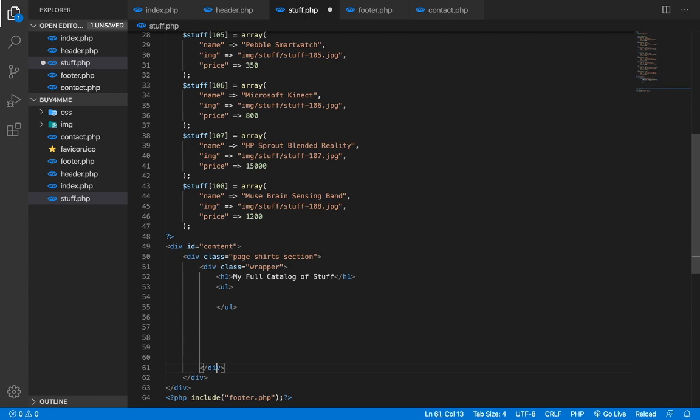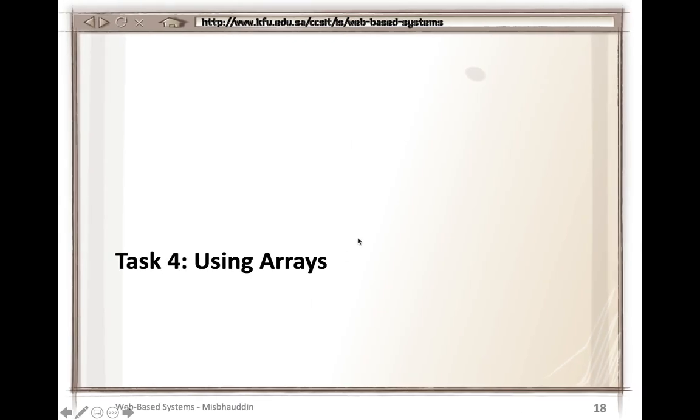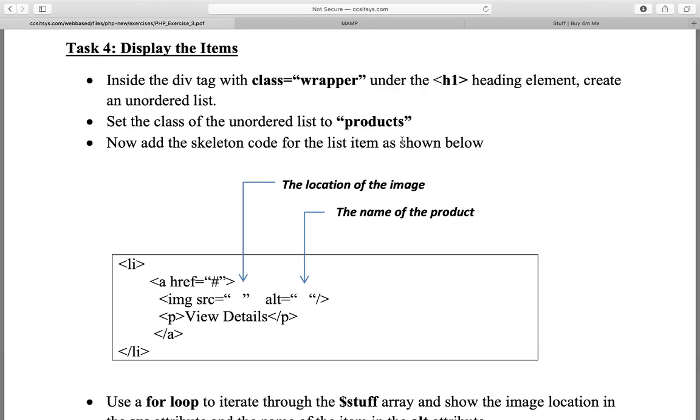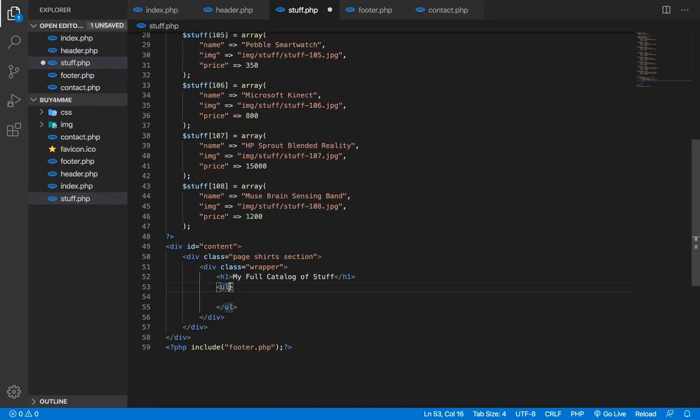Okay, in this unordered list, what we want to do is add list items. We also want to set the class of this unordered list to products, so that the items appear nicely organized. So we'll make this products, and then inside this we want to have a list item. Okay, so we say li,